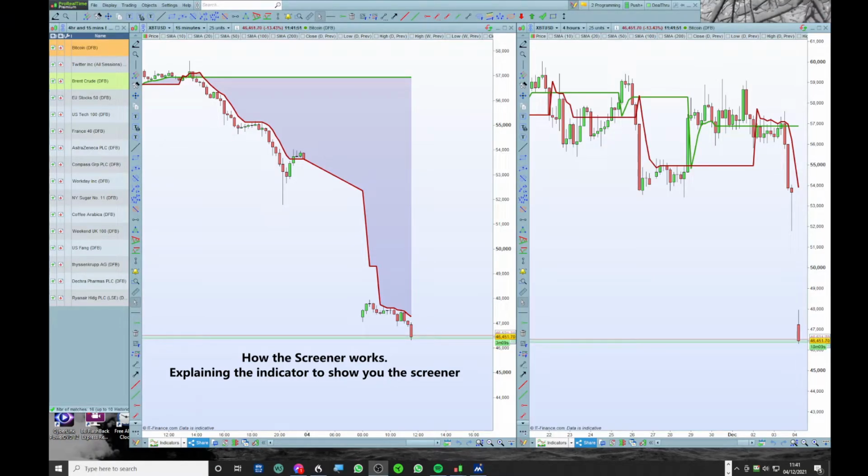Hi guys and gals. So this is the trend bias indicator. It's based on an indicator that I developed to show trend that I wanted to replace moving averages, to remove the clutter from charts and give myself some indication in a much more clear pictorial way when trend was shifting and when there was a clear trend bias, in order to have more confidence in entering trades in a particular direction. So this screener